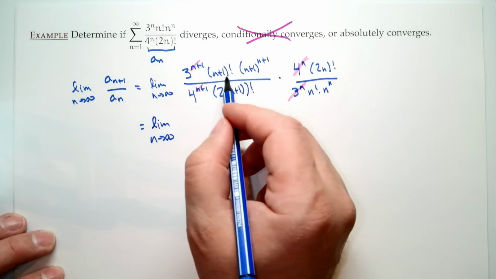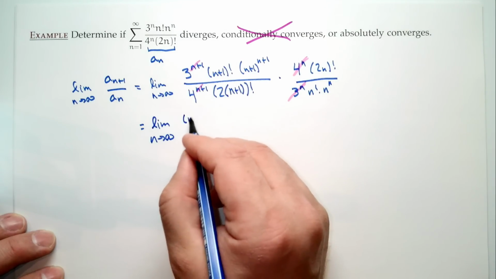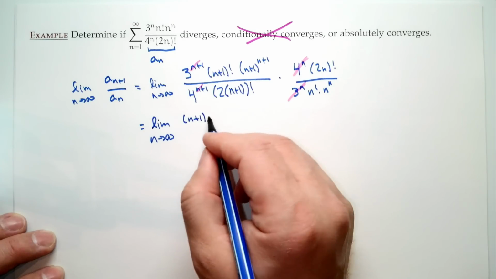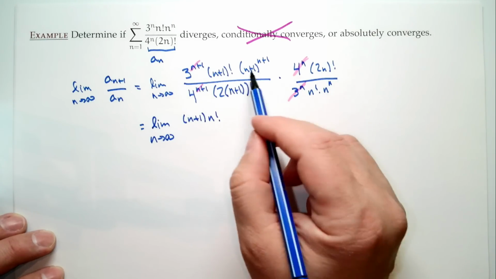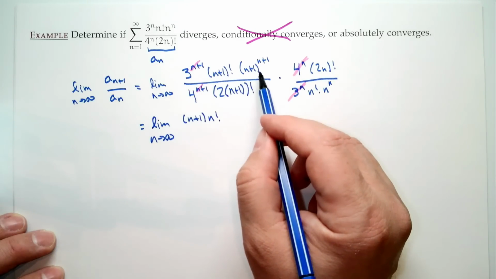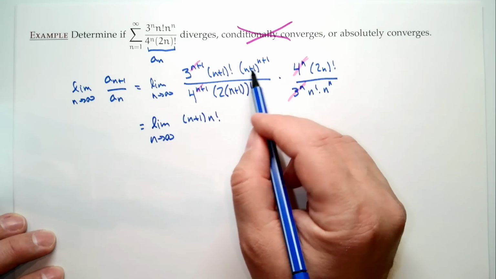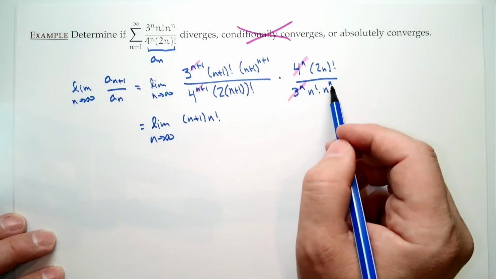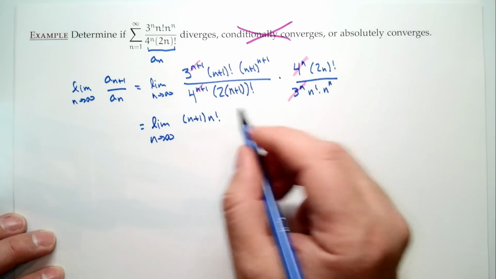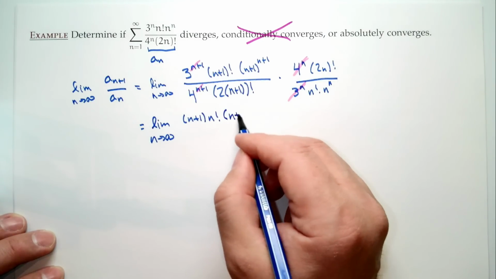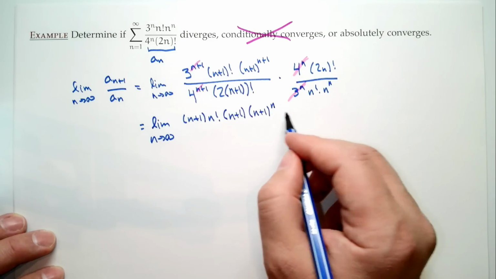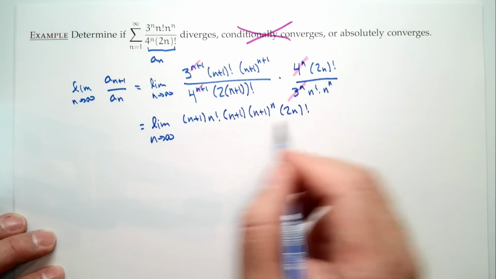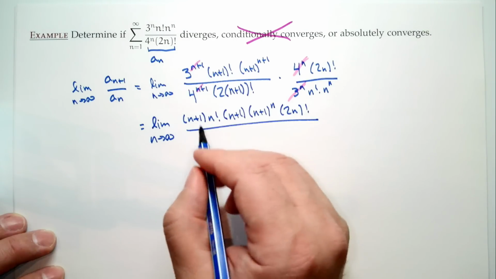Well, to get an n factorial to cancel, I'm going to pull off a single n plus 1. And I'll have n factorial. Again, in anticipation, we're going to do something similar to the last problem, where I'm going to have this n plus 1 to the power n plus 1. I really want to make it to a power n so I can mix and match these two. So I'm going to put this as n plus 1 times n plus 1 to the n. And then I have a 2n factorial. So that's the upstairs. Downstairs,